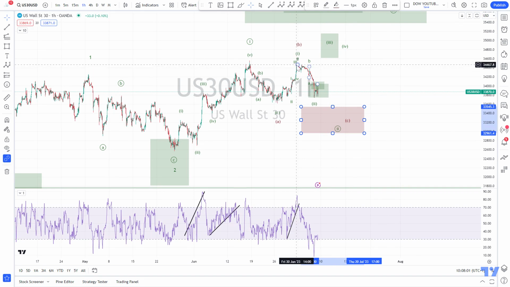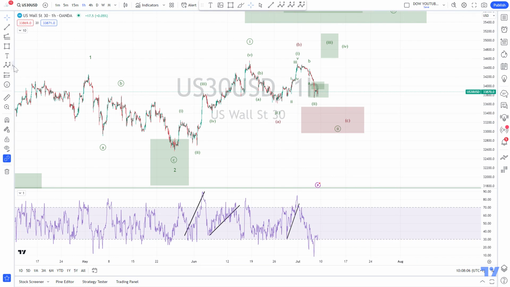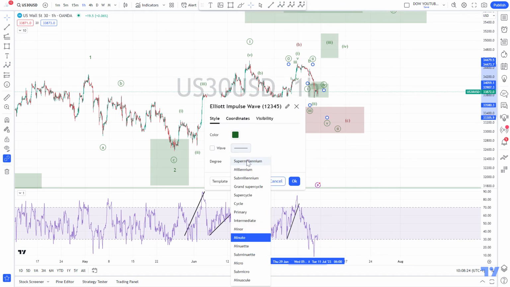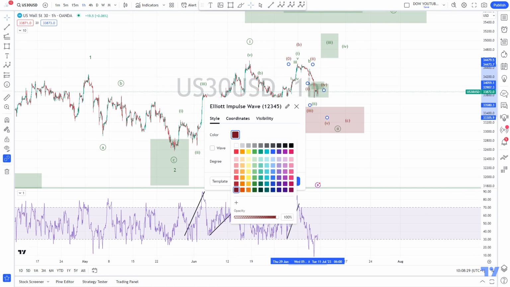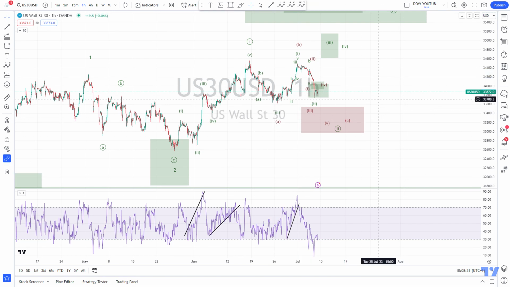What I then want to see is from here 5 waves down, and then I would count this as something like this here. So I believe this is the 1, this is the 2, then this looks like the 3. We now need a 4, and we enter this area as a wave 5 with divergence. Let me put it in red. So this is the setup I am looking for today, a wave 5 into this area with divergence.